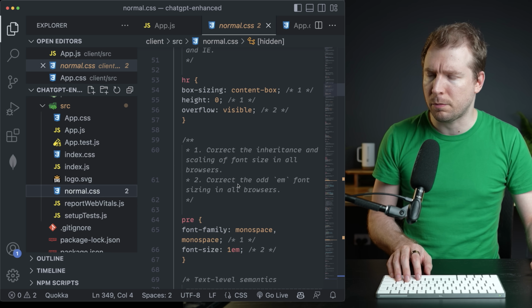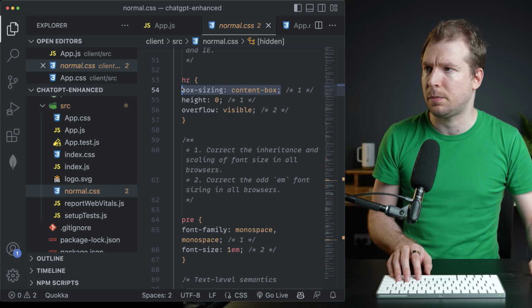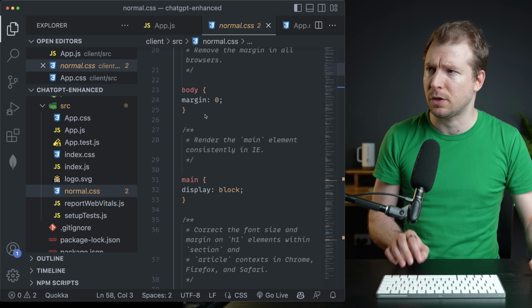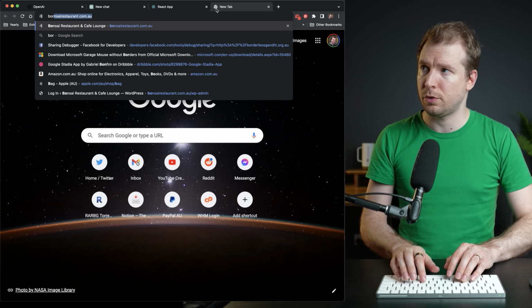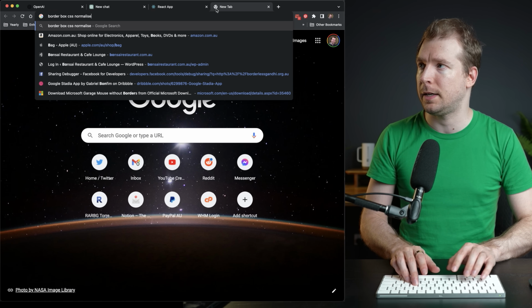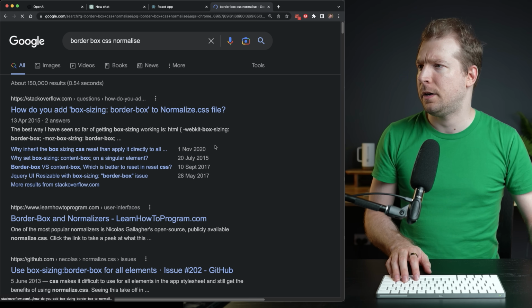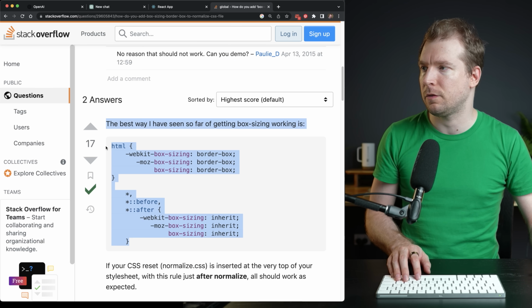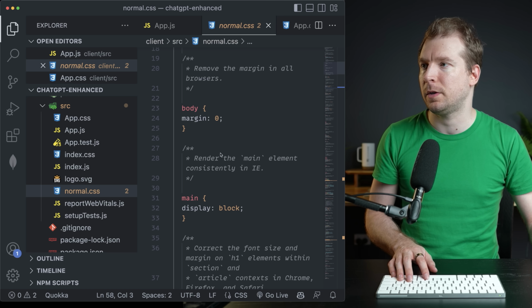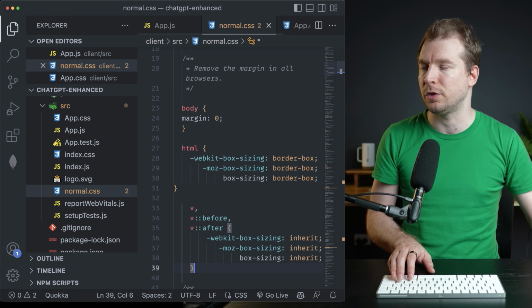Is it doing border box, content box? I believe that is correct, but maybe it's not. Let's go to border box CSS normalize. How to do border box in this, we have this just over here. So I'm going to copy this into the normalize script, and this just means that essentially if we're doing anything